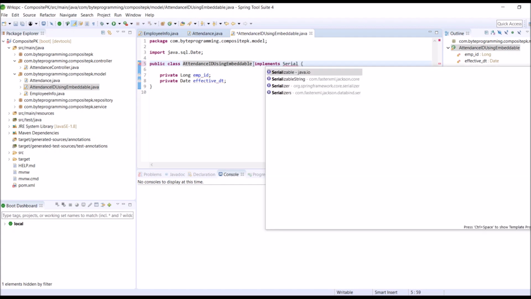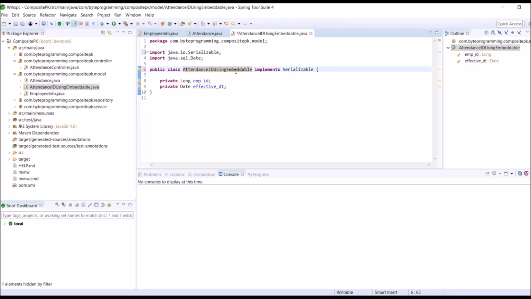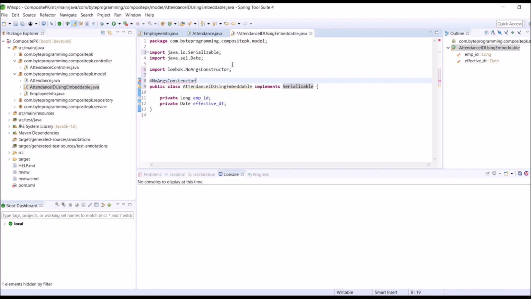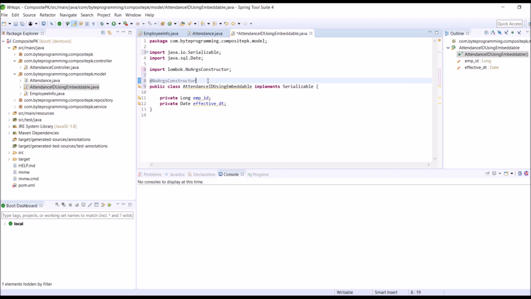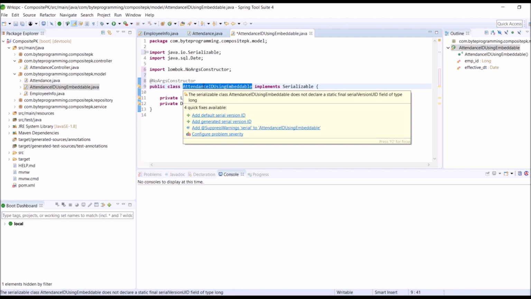Third rule says you should also add a no-argument constructor. Now let's see the fourth and last rule. The composite primary key class should also implement equals and hashCode.